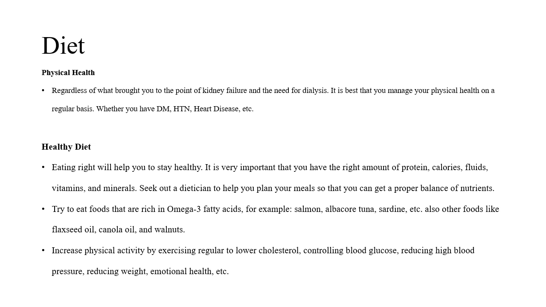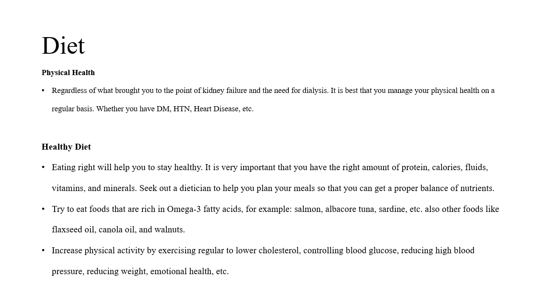Also, you want to maintain a healthy diet. You want to eat right to help you stay healthy. It is very important that you have the right amount of proteins, calories, fluids, vitamins, and minerals. You want to seek out a dietitian to help you plan your meals so that you can get the proper